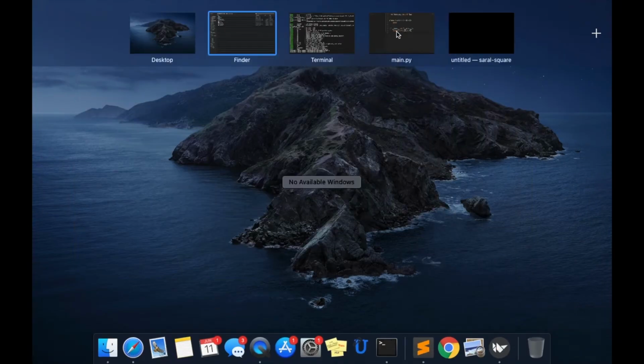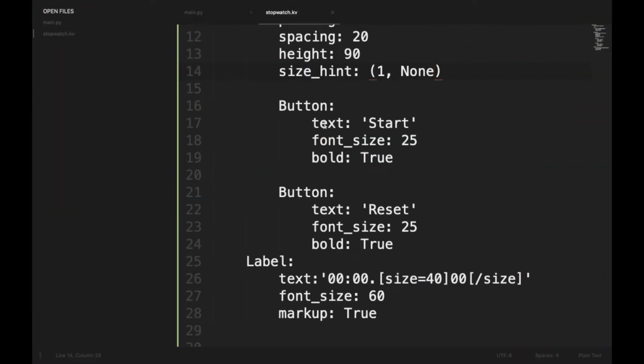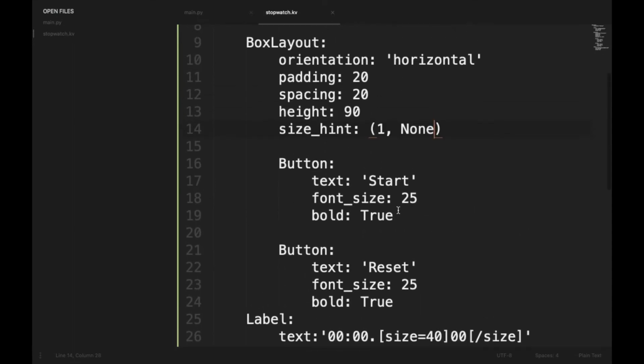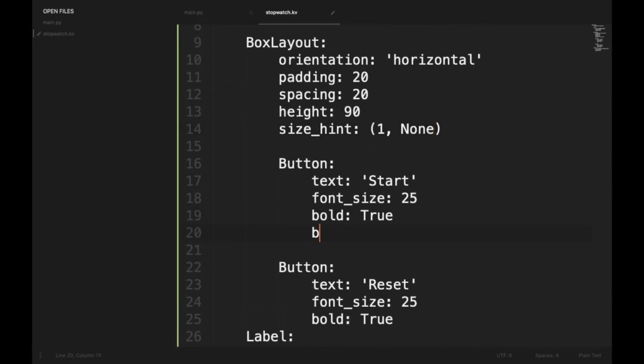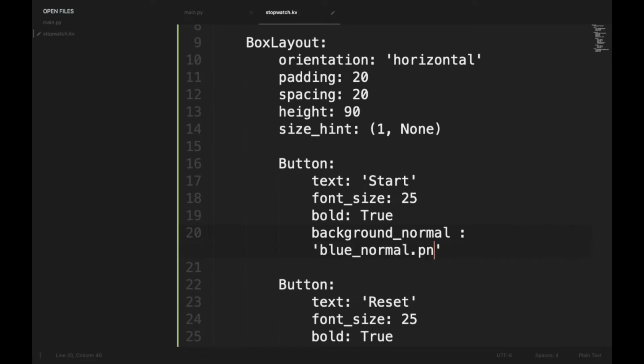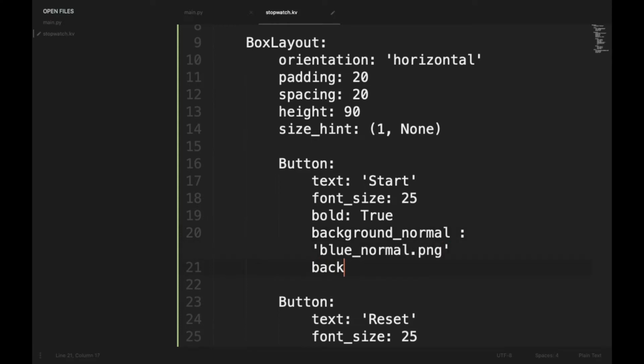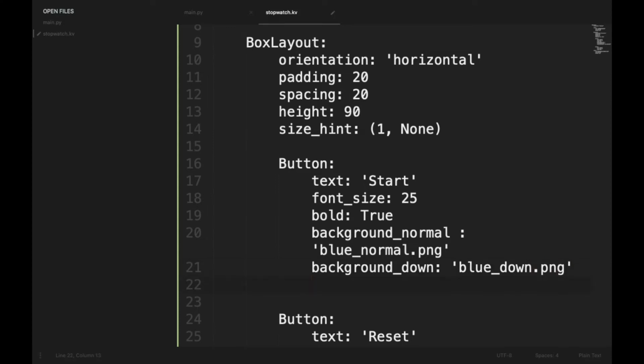We will open the code, and in the KV file in the start button we will set background_normal to blue_normal.png, and background_down to blue_down.png, and then border to 2 2 2 2.